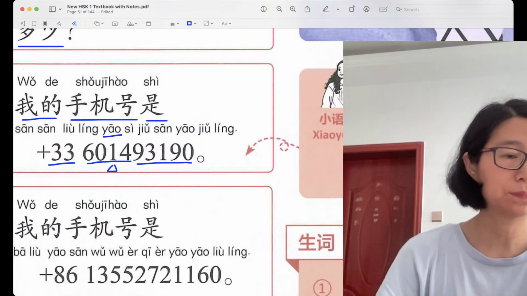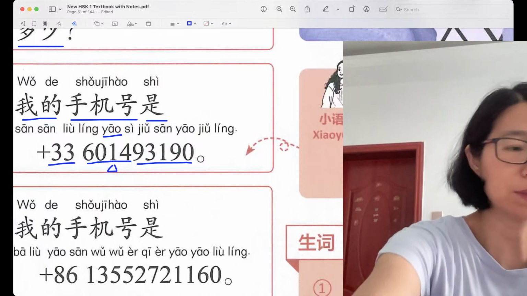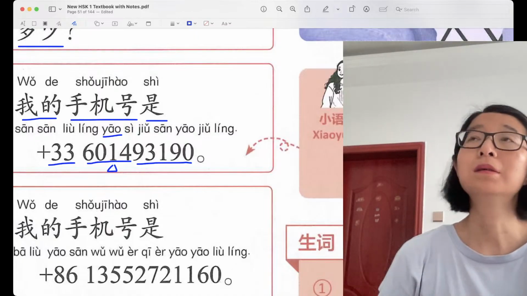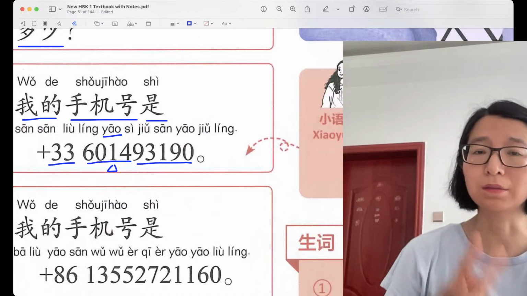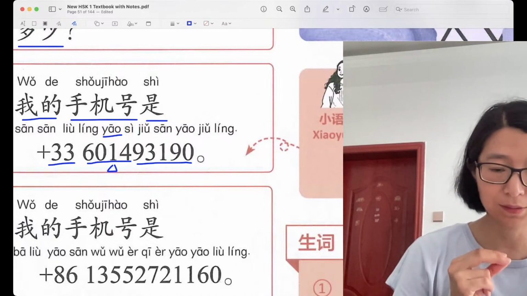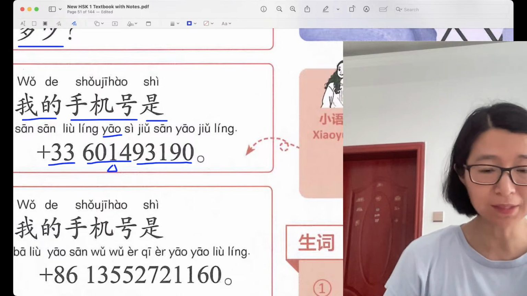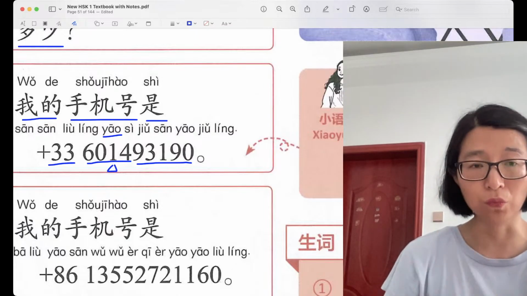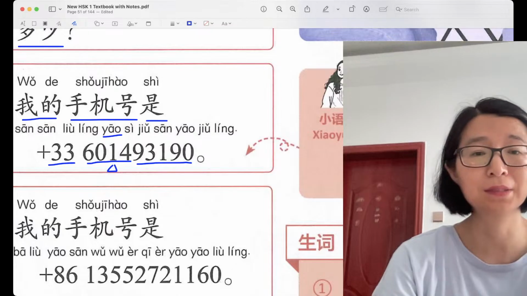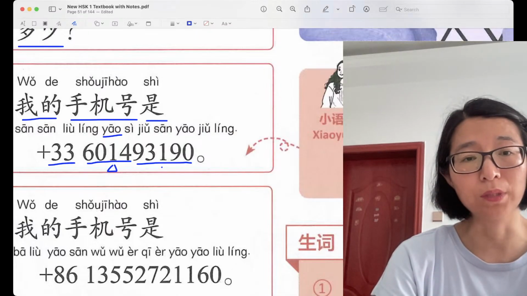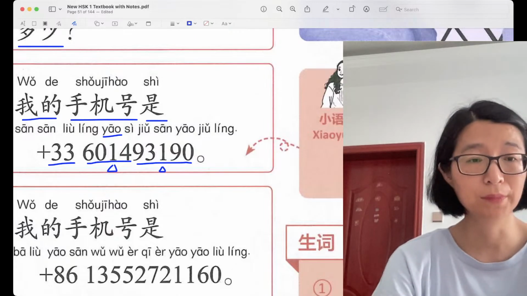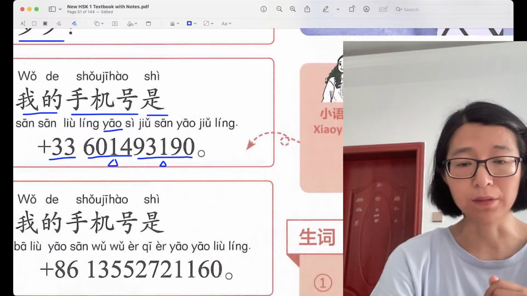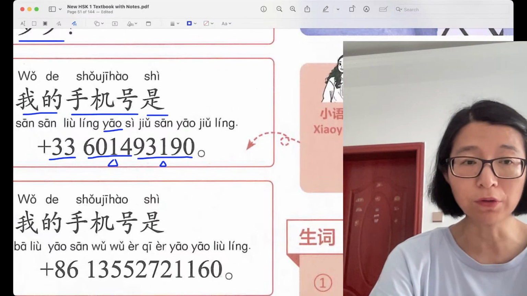Can you tell 一 and some other numbers sound kind of similar? Okay, I'm going to count one more time. 1, 2, 3, 4, 5, 6, 7. Yeah, sounds similar, right? 7. So 1 and 7 sound similar. So to make this 1 more clear, we change to 幺. Clear, guys? So when you say the phone number, yeah, when it's 1, you don't say 一, you just say 幺. Clear? Okay, great.